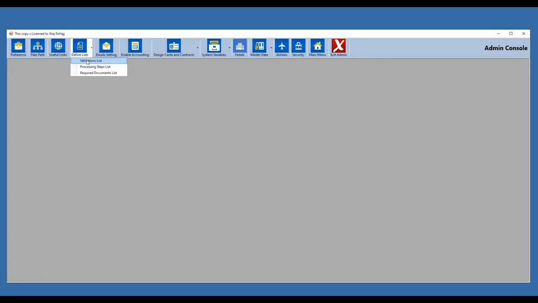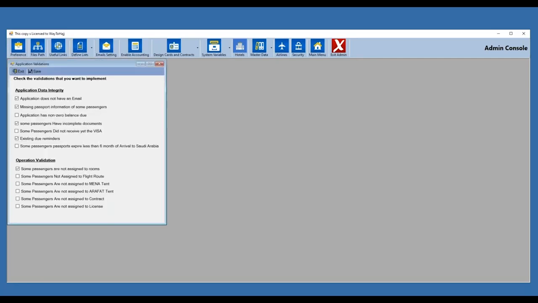In a nutshell, first let's go over validation. If I click on it, these are a bunch of validations. You are telling SureHajj that, hey, for each file, for each reservation, for each application I add, I want you to check for these validations and tell me if they are all met or not. For example,